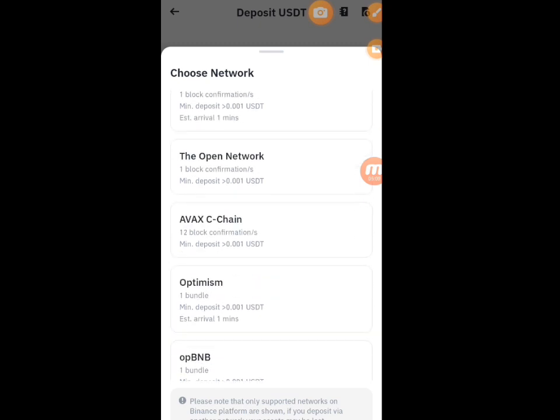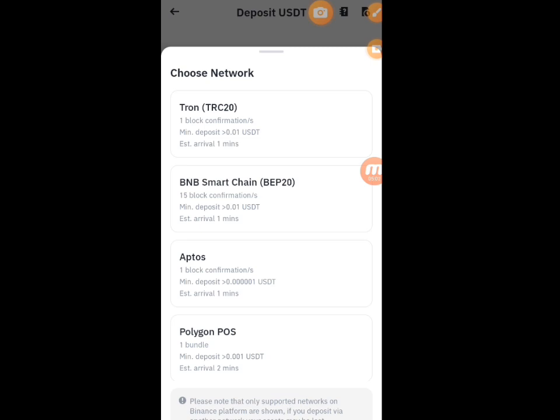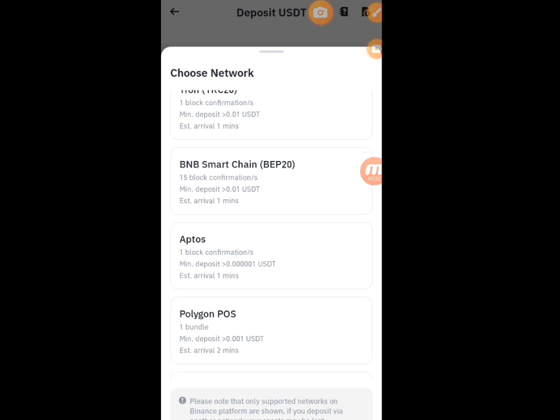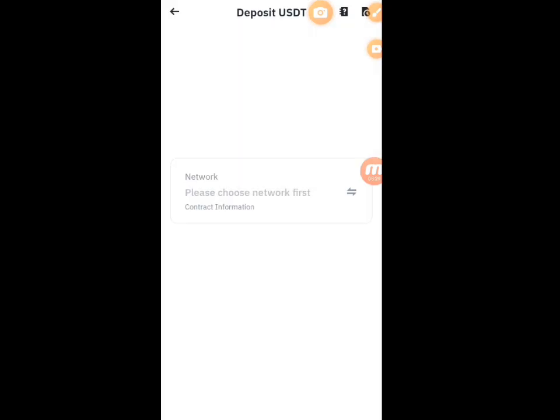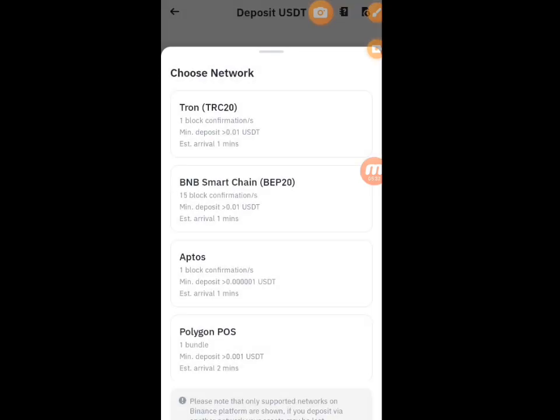Now, do you know the sense of this? Let me tell you, some people don't understand why this is very important. If someone says, I want to send you a USDT, you don't just say, okay, send to me. You must ask. If the person forgets to tell you, you have to ask, which network are you using? Because if the person is sending USDT through the Ethereum network, which is ERC20, or BEP20, the Binance Smart Chain, and you give the person your Tron address,